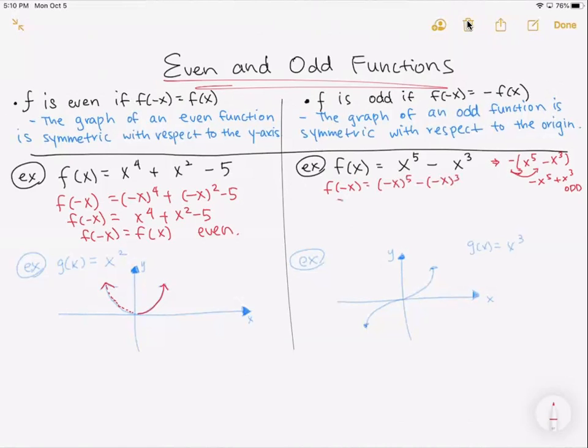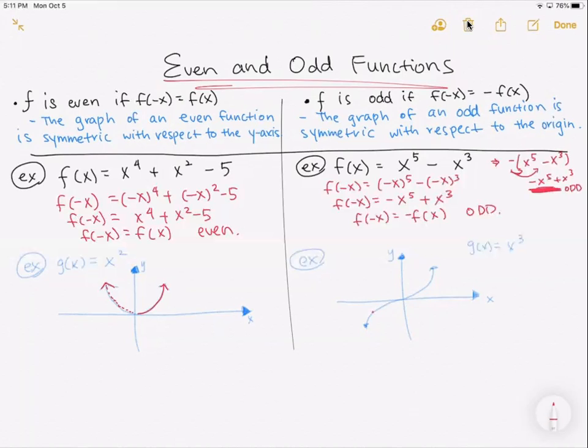And you simplify by getting rid of the parentheses. And that's exactly what we have as an odd function. So therefore, for this particular example, f of x equals x to the fifth minus x to the third is an odd function. Graphically, the graph of an odd function is symmetrical with respect to the origin,